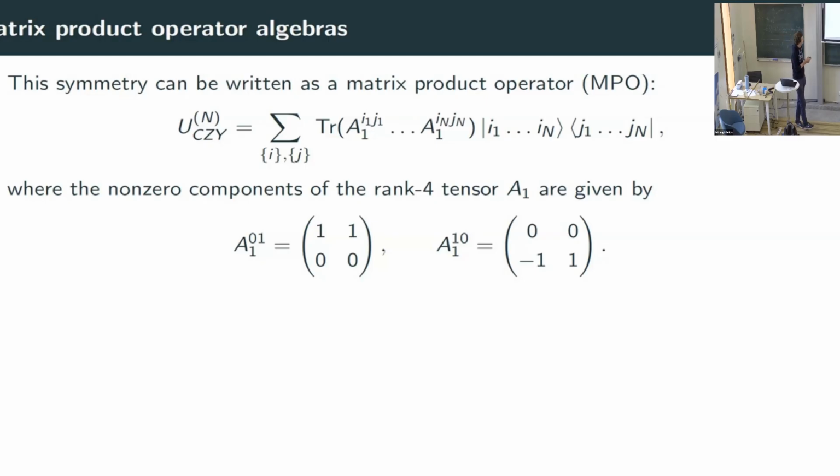This operator here is translation invariant, which is very easy to check. If I replace n by n plus 1, then because of the cyclic property of the trace, I can just cycle all this through. And then to obtain the specific operator that I'm talking about, you have to choose these matrices. I will not really be using this explicit expression. I just wanted to put it there for completeness. So if I do this computation, I will end up with the symmetry operator that I talked about before.